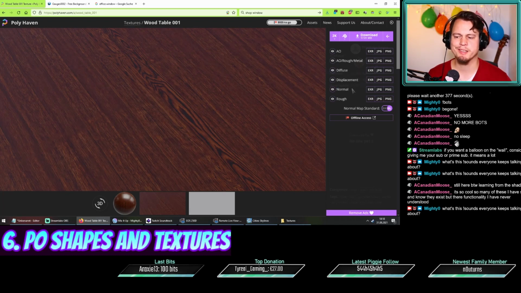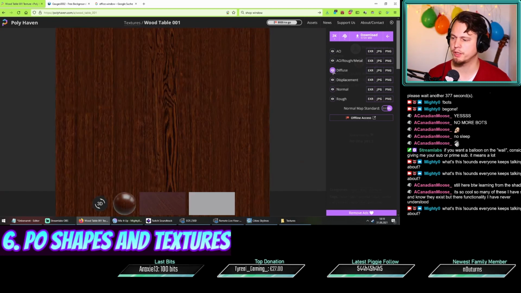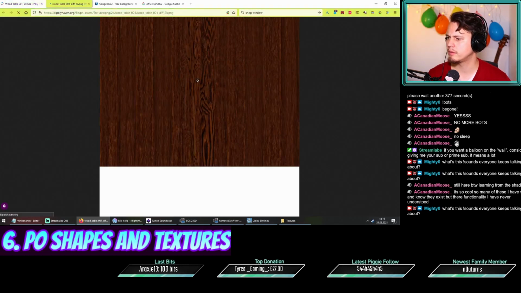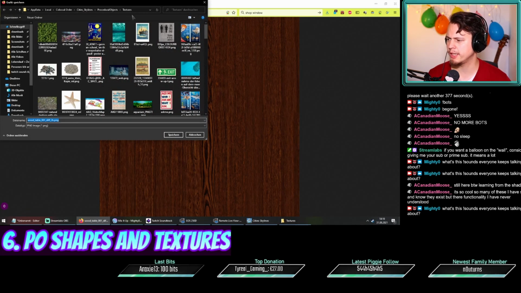Even though this says normal, don't go for normal. You don't want the normal map. A normal map looks like this. So always go for the diffuse option. You can just download the PNG right away. Save this in the procedural object texture folder,